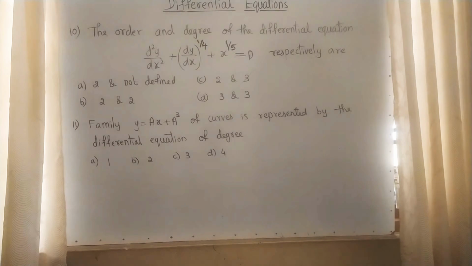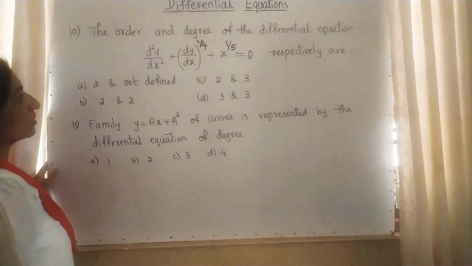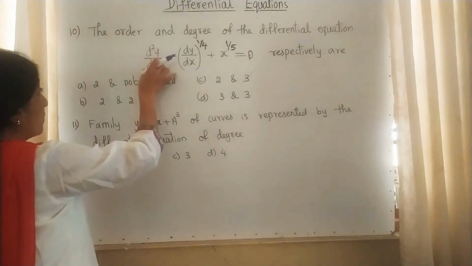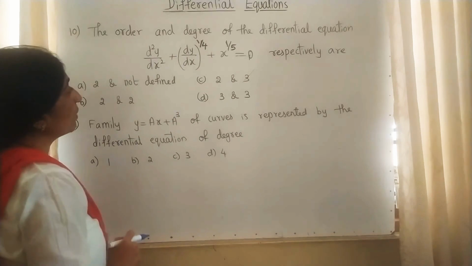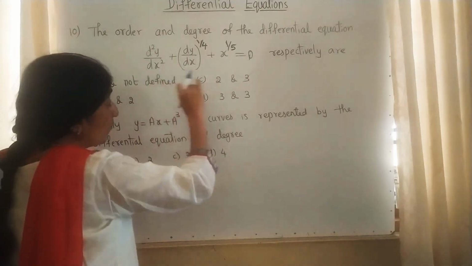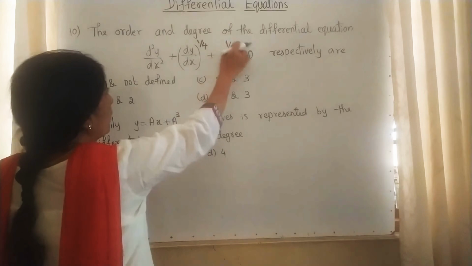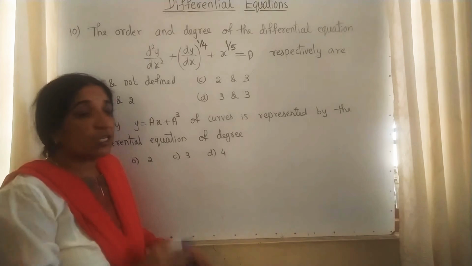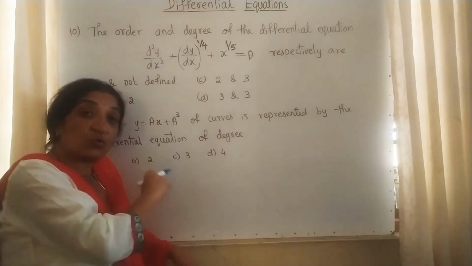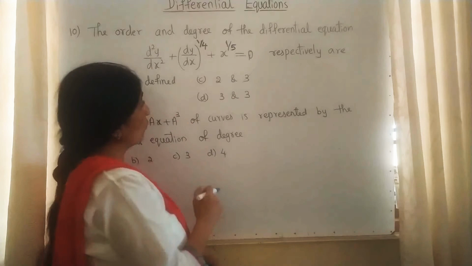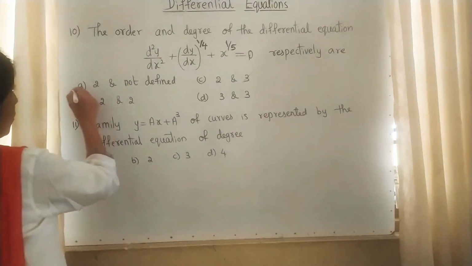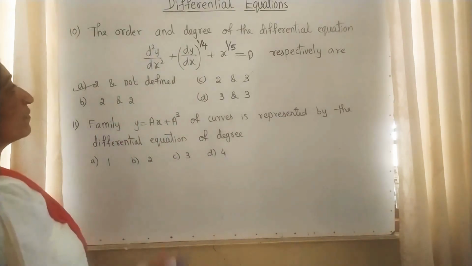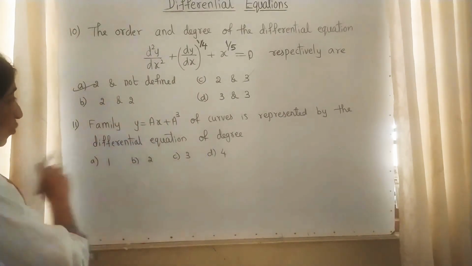See the next one, the order and degree of the differential equation. As I told you, to write the order is very simple. It is of second order because it is differentiated 2 times. But when you are writing a degree, there will be no fraction in the power. 1 by 4 and 1 by 5. Even if you take the LCM of 4 and 5, which is 20, and raise it by 20, you will not cancel the fraction throughout the equation. So you cannot cancel the fraction throughout the equation, which means order is 2 but degree is not defined. Because if a fraction is present in the power, we cannot write the degree. That is one point you have to notice.